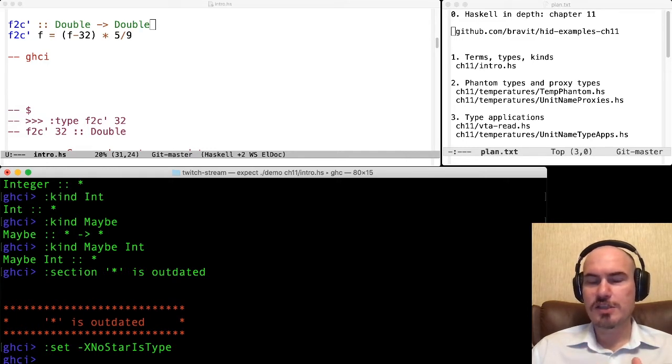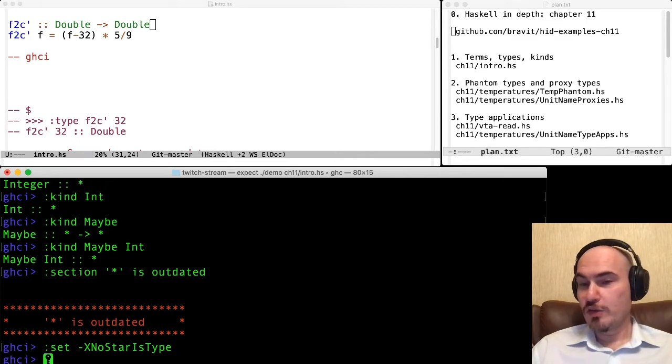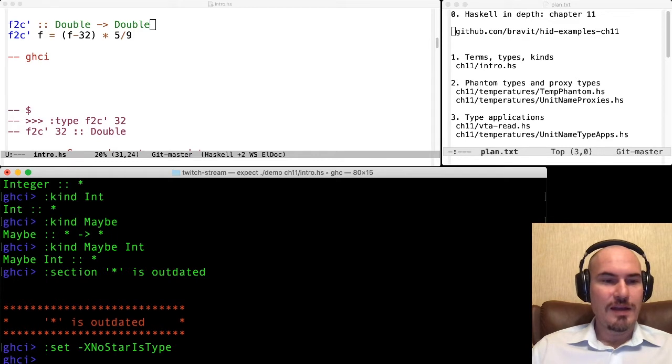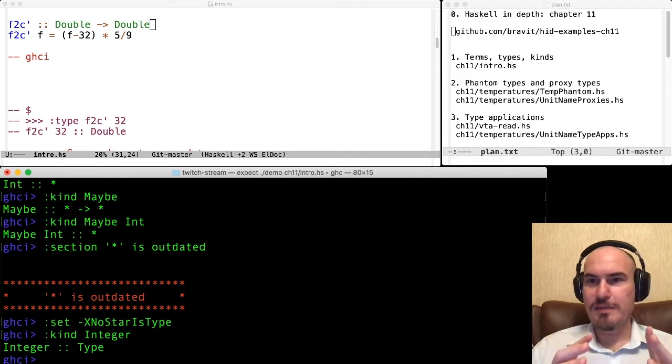Once this extension is enabled, we don't use star to denote this kind. By the way, we can use it for other things, as we'll see shortly. And now, if we ask for the kind of Integer, then it will be Type. So this should be clear.